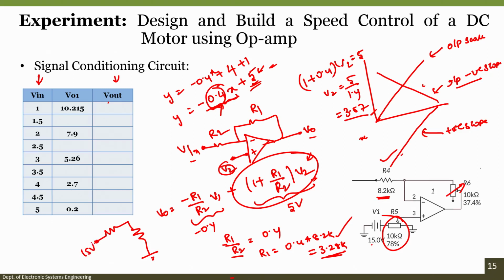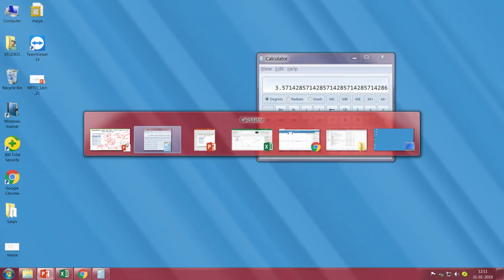This is the 15 volts we are using. So, in this case R5, R5A, R5B. The addition of R5A and R5B is nothing but 10 kilo ohms, and since it is a pot, by properly changing the position of the wiper, we can get an output voltage of 3.57. If I can achieve the 3.57 and connect it at the positive terminal of our operational amplifier, then our problem is solved. So, this is what we are doing here. So, why do we not try it? We will open Multisim now.